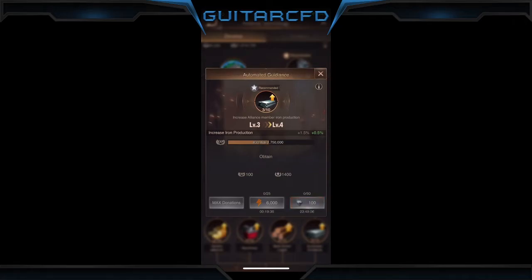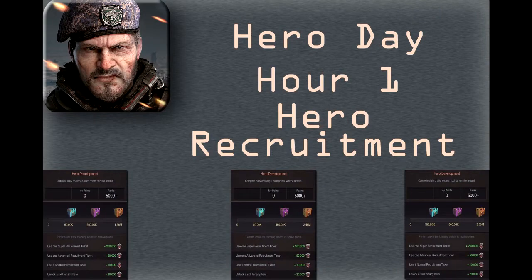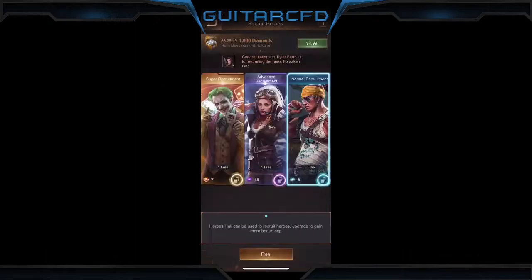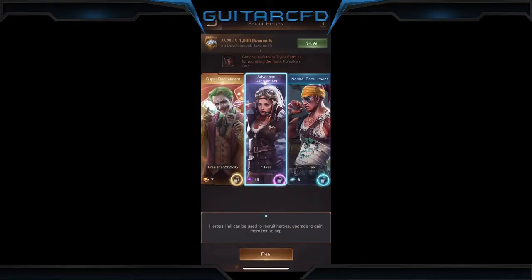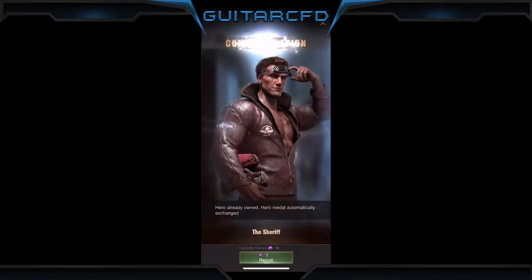Okay, it's time to get started. Hour 1. Remember that COZ doesn't start until 30 minutes after reset. Hour 1 is a pretty simple hour. Let's call it a warm-up. We're going to take advantage of our free recruitments and use as few tickets as possible to get our second